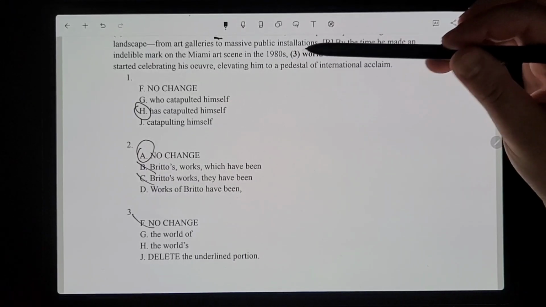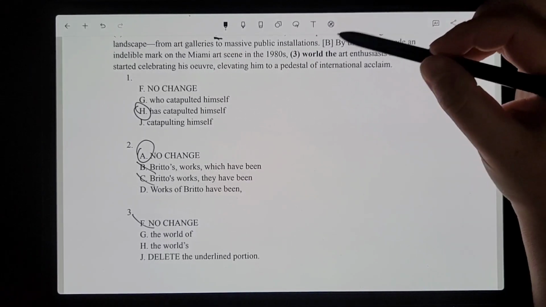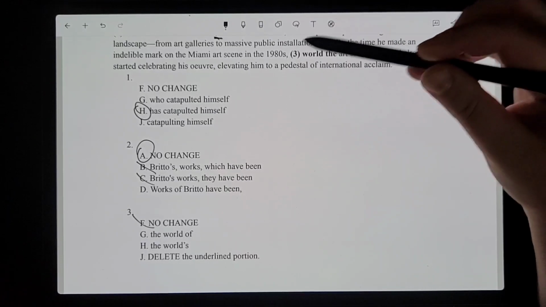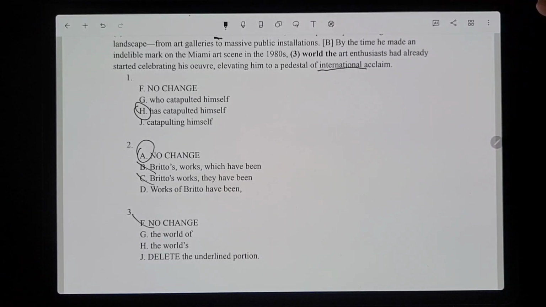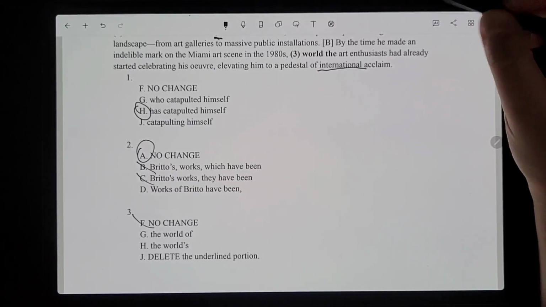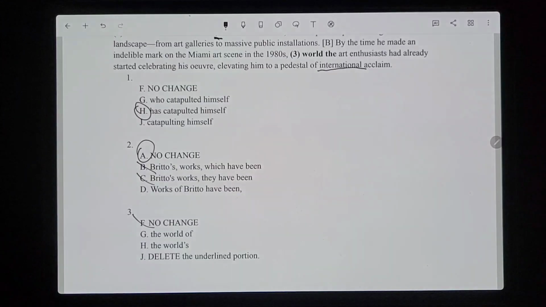So it is relevant to say that it's not just the art enthusiast but the art enthusiast of the world, because it's talking about the international acclaim part. If they were just saying art enthusiasts, then that wouldn't be the best for this context, because it's talking about how he has an international reputation.